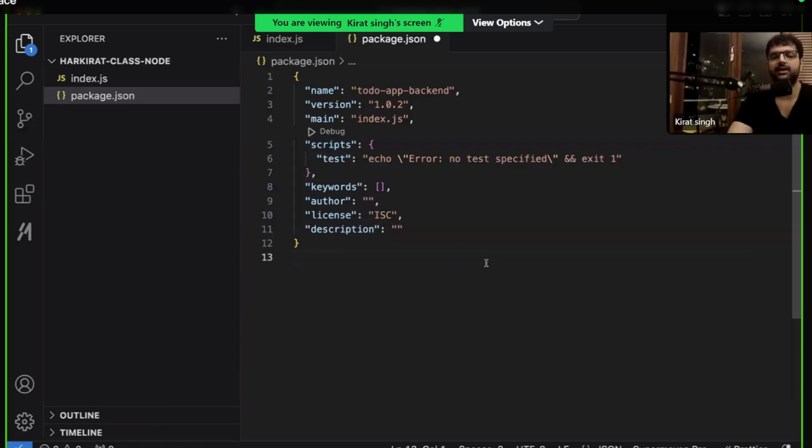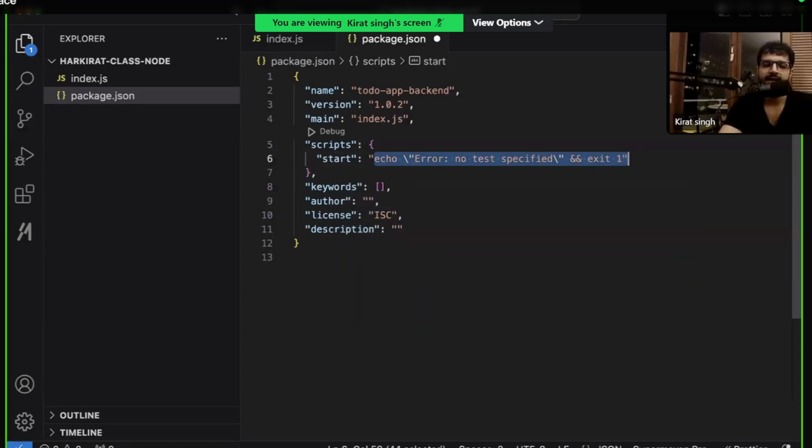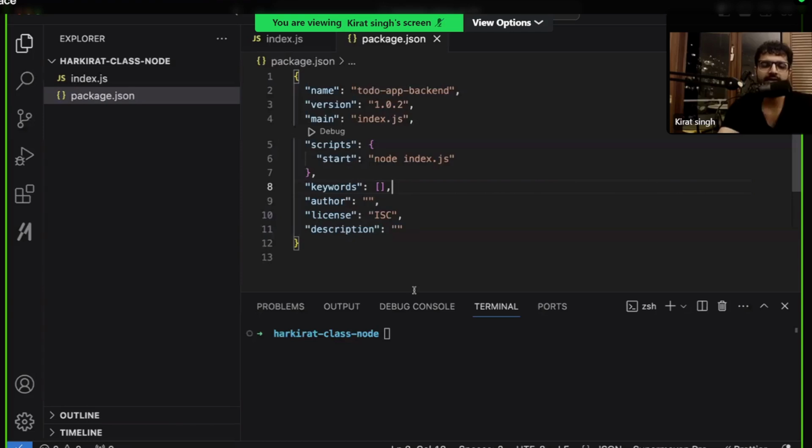What does a script mean, Harkirat? It basically means that whatever you put over here, let's say I put start over here, and I say that whenever the start script runs, run node index.js. I repeat, I say that I have a start script now, and whenever the user runs the start script, this thing should run. If I save this file, a lot of people will miss this. In VS Code, when you're writing JavaScript code, you forget to save the file. How do you know you haven't saved the file? You will see a white circle over here. So make sure you're saving the file. I have saved the file.